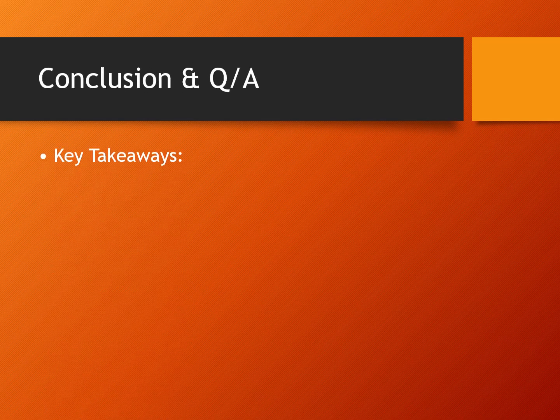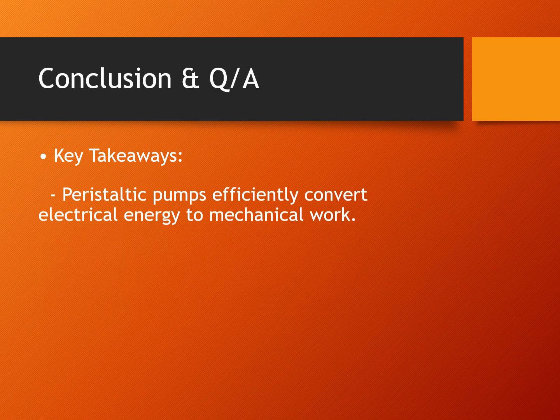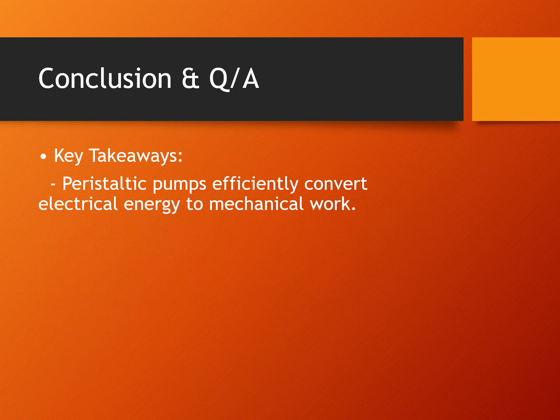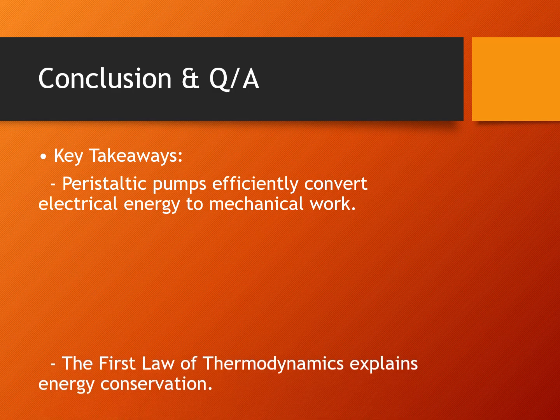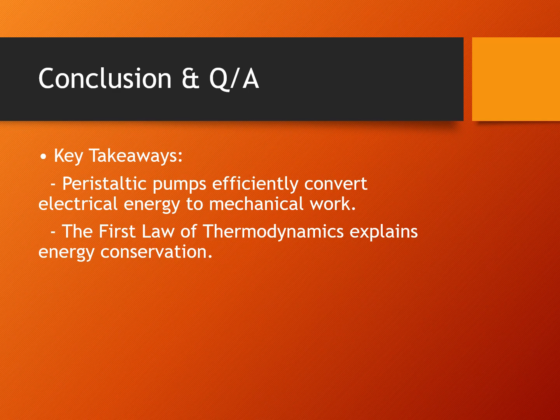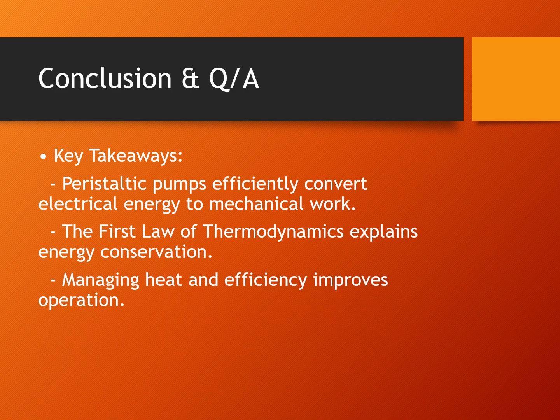so, what are the key takeaways? To summarize, peristaltic pumps efficiently convert electrical energy to mechanical work. And the first law of thermodynamics explains energy conservation in these pumps. Heat generation and efficiency can be managed through design choices, like we said earlier, making the tubing harder instead of softer, because when it's soft, it increases the friction, which adds more heat. And also, you have